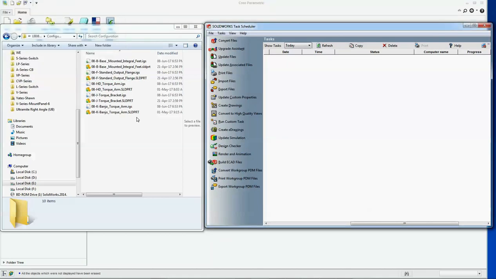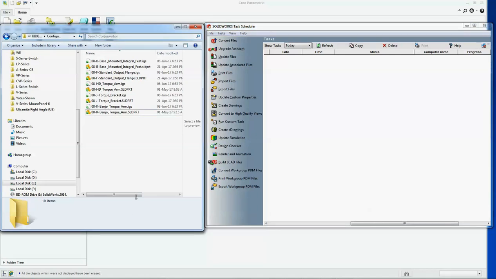Okay, so we can check here that all these files are now converted into IGS. Now I want this IGS to get converted into Creo 2 format, a Creo 2 part file.